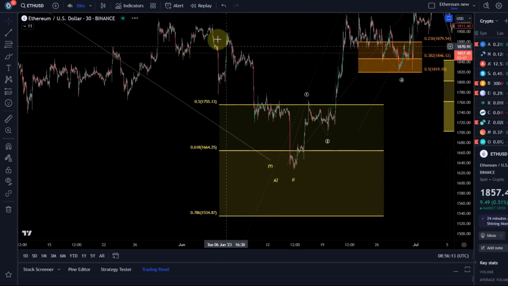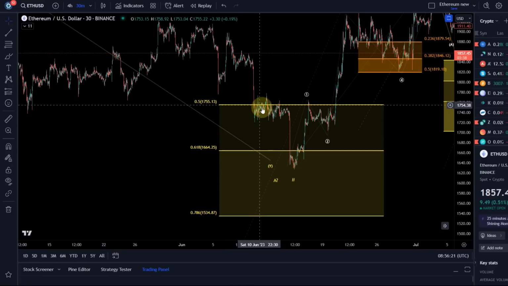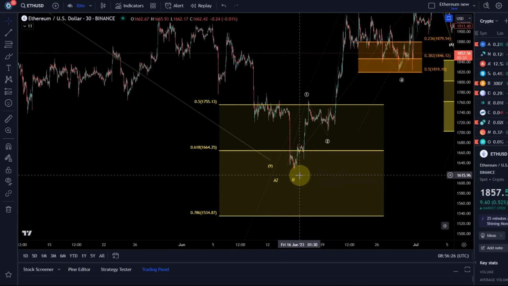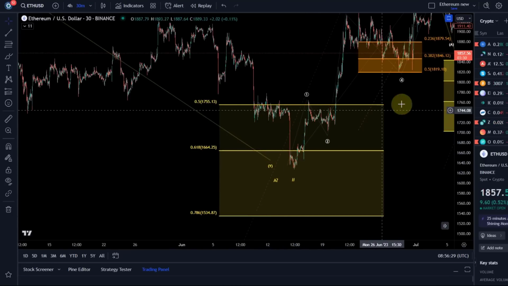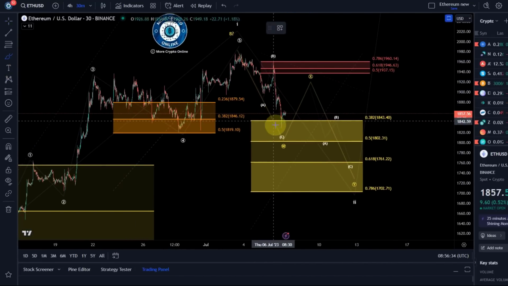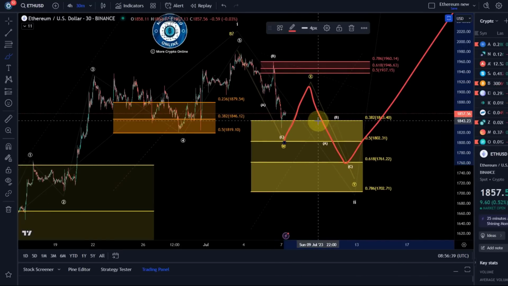It was worth waiting here as well on the way down. You remember that I said lower, lower, lower. I also wanted to see initially at least the 50% retracement, but the 61.8 retracement was the level where it eventually reversed. It dipped a little bit below it, but around the golden ratio it reversed. So I'm looking forward to that potentially again. But it can be that we get this corrective bounce before and then come down to the golden ratio and then move. That would be the ideal structure for me, a nice WXY structure on the way down. This correction can drag on for a little bit.